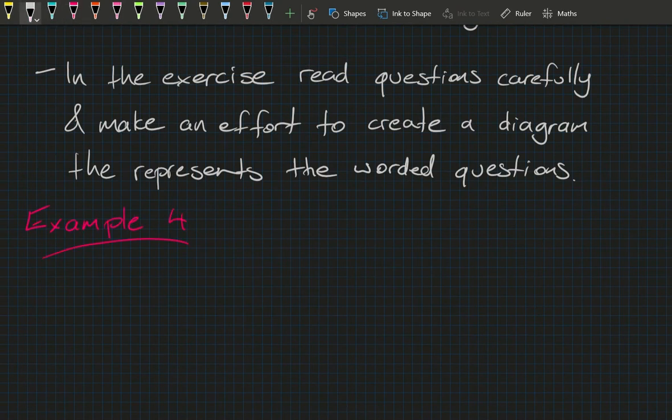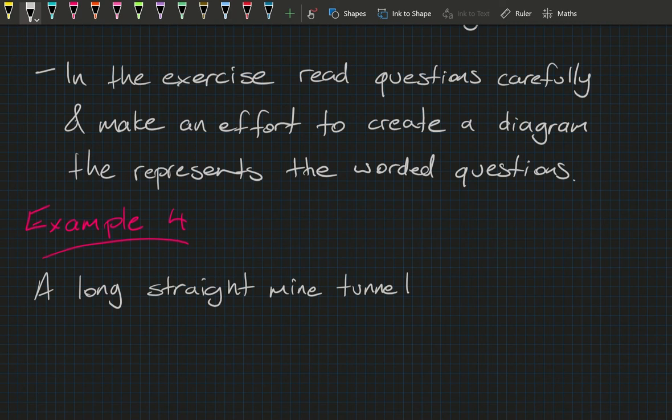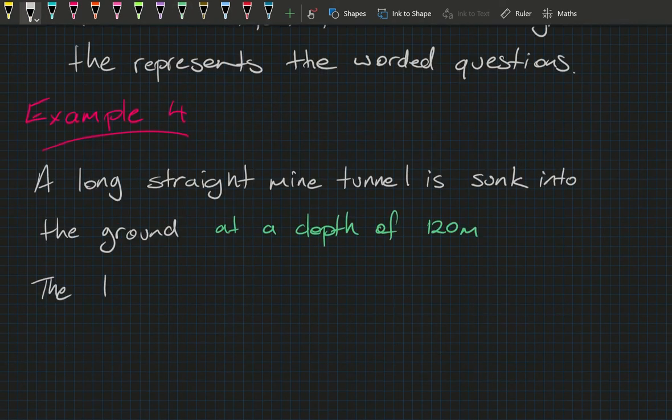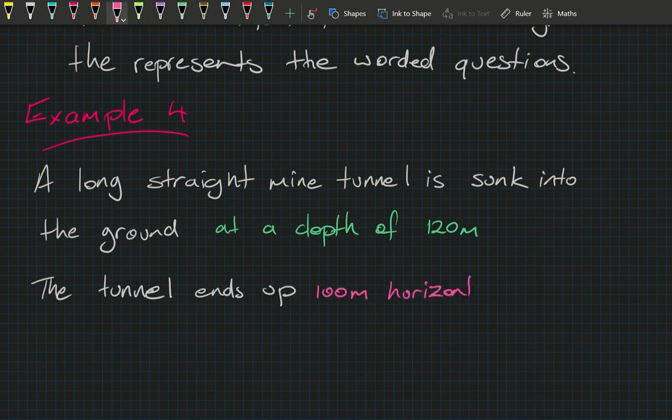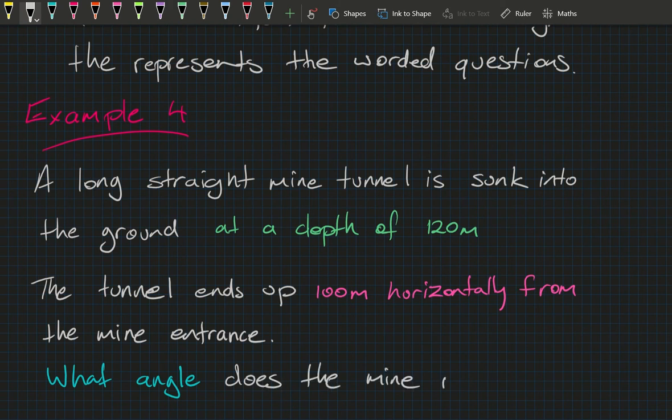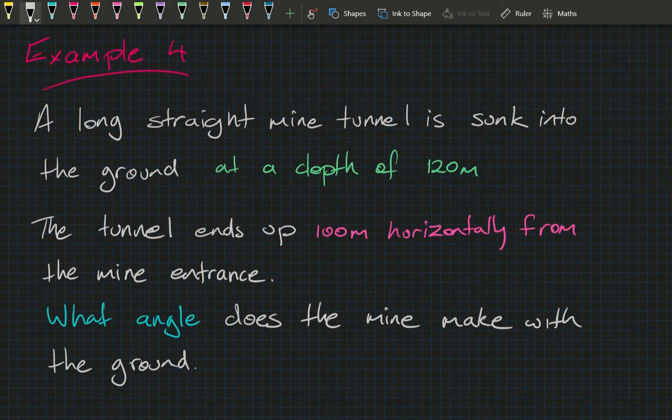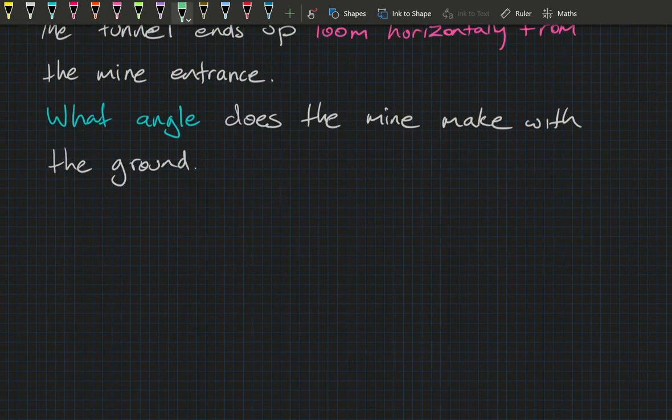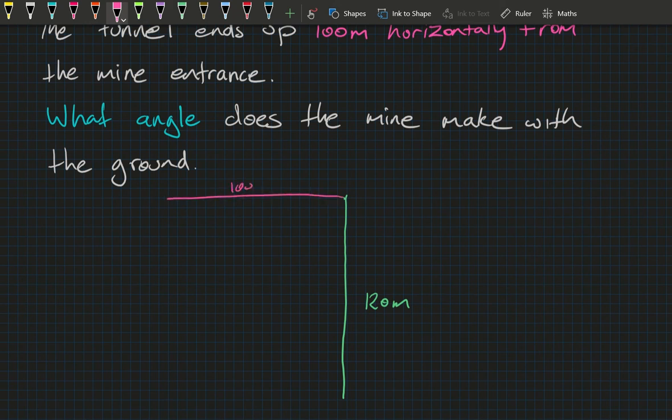So in this example, we have a long straight mine tunnel and it's sunk into the ground 120 meters deep. The tunnel ends up being 100 meters horizontally across from the mine entrance. And the question is, what angle does the mine make with the ground? Okay, let's start with a diagram to represent this question. We know that it's 120 meters deep, and we know that the bottom of the mine is horizontally 100 meters from the entrance. So we can draw our long straight mine, and you can see we've created a right angle